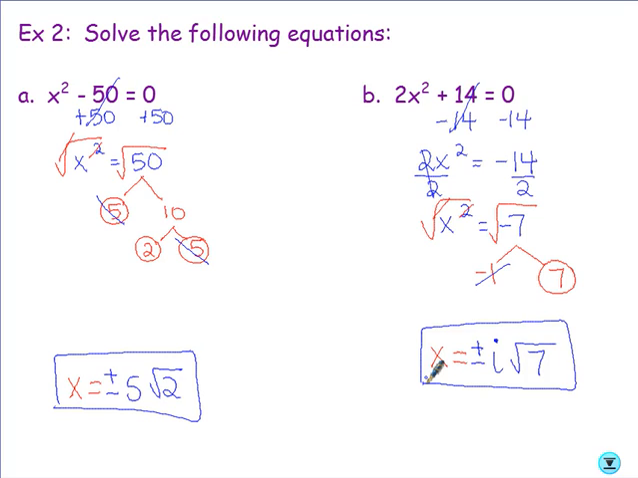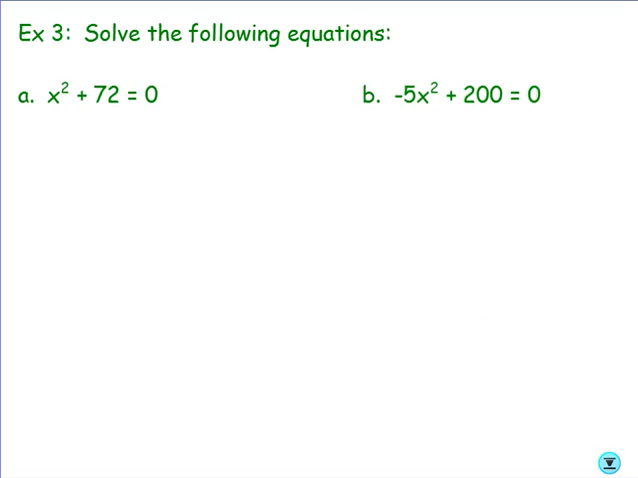So I would like you to pause the video. I would like you to try these two on your own. Okay, let's see how you did on these. You should have started by subtracting 72. That should have left you with x squared equals 0 minus 72 is -72. You should have at this point square rooted both sides. Cancel. And we're left with x equals